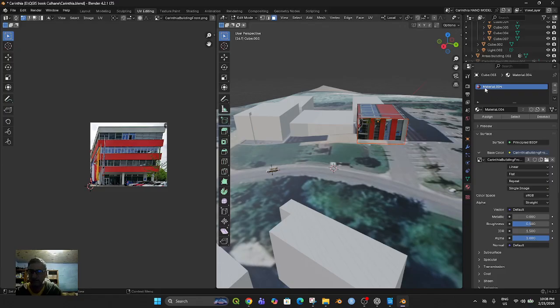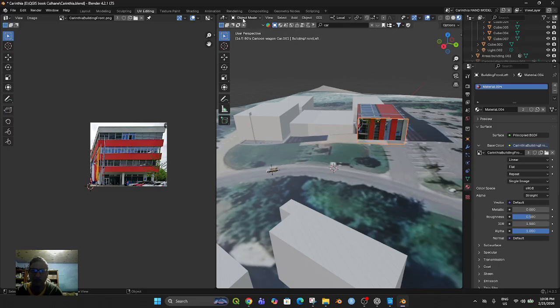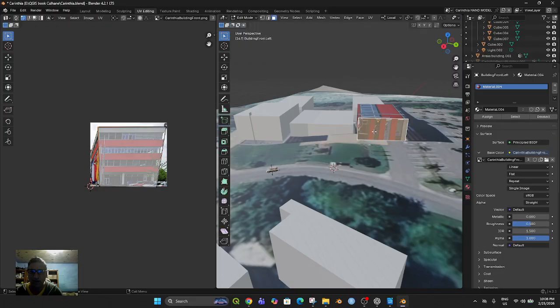Okay, so now this material is the same material, but when we unwrap this by going to tab, selecting this, and now going to edit mode, and we select this, now we should be able to unwrap that better, and then we obviously have to kind of rotate this. So that is the proper way, and then that goes to there, this goes to here, this goes to here,